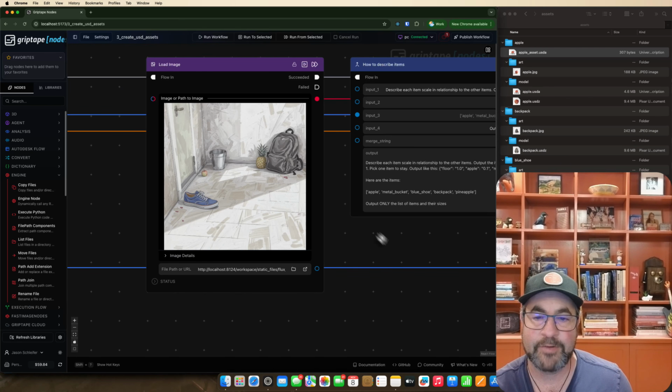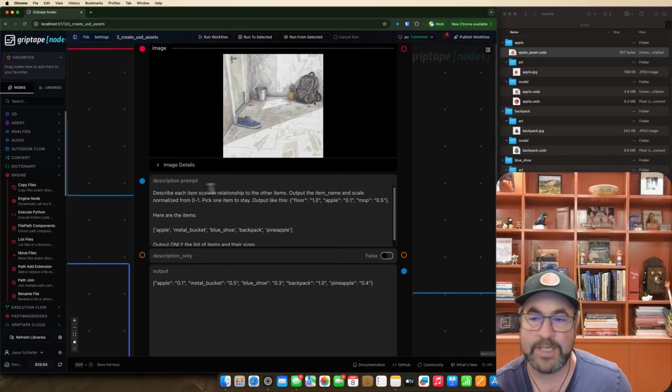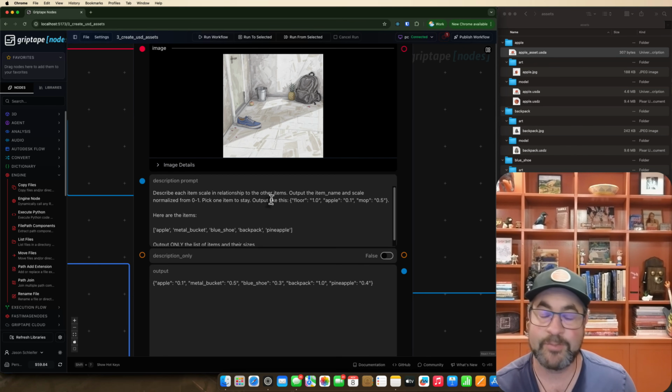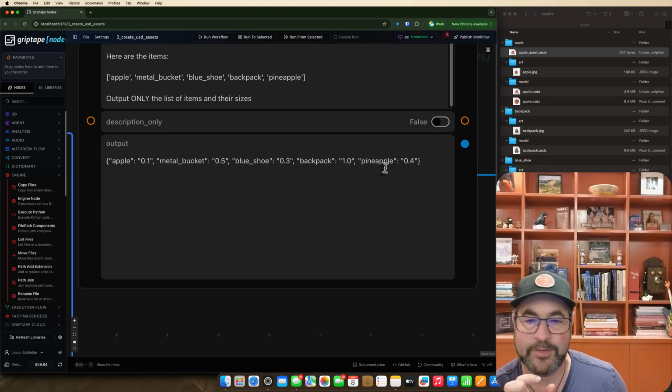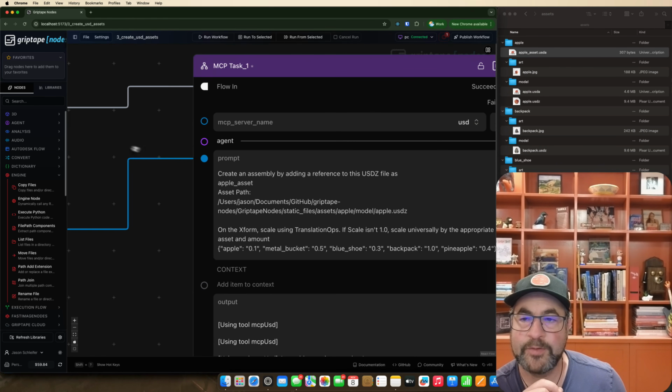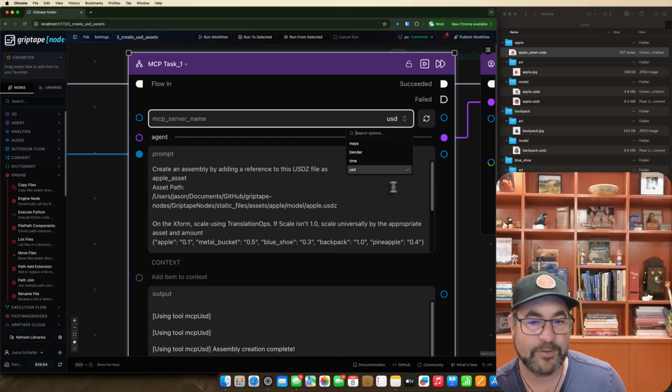We then take our reference image and we ask the describe image node to describe each item in scale in relationship to the other items. And we get a list that looks like this where we say the size of each one of these things. We then build up a prompt to give to an MCP task where I've chosen a very specific server, which